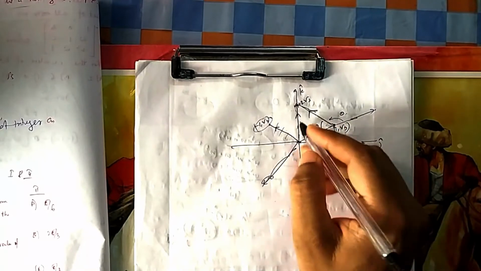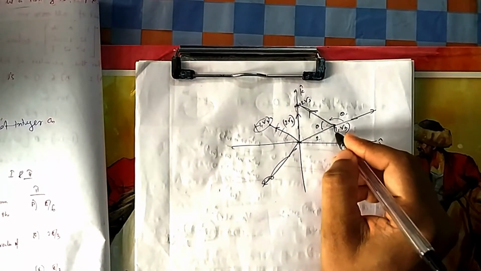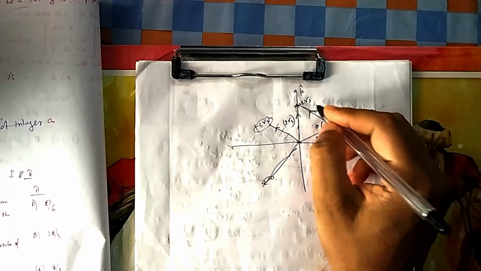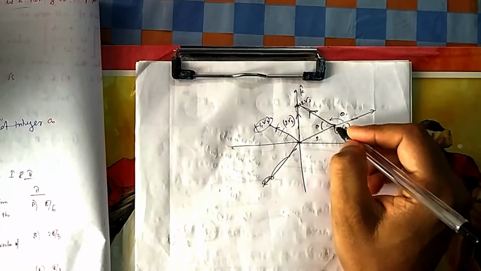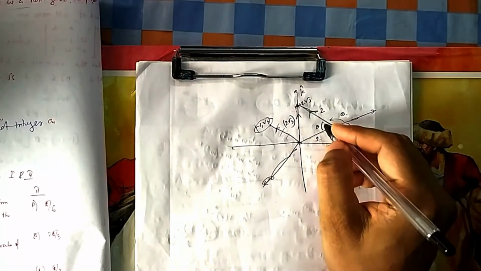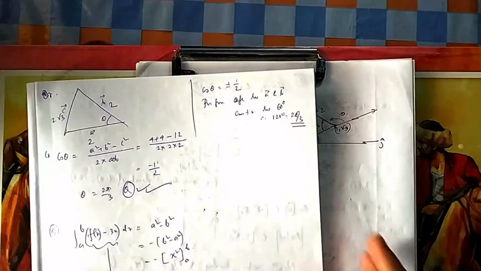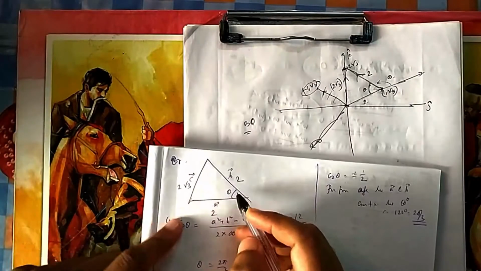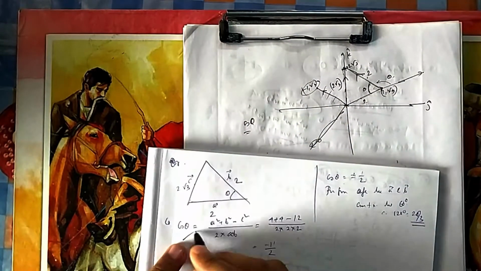So they have asked you, you know the distance between all 3 points. So this one will be 2, under root this square, 3 plus 1, 4. This is also 2, because 2 root 3 minus root 3 will be root 3. And this will be 1, so this will be 2 also. So you can find cos theta, you have learned all this formula, this square plus this square minus c square by this one. So you know all these distances, suppose this is A, this is B, and this is C. So these distances you have calculated, you know the cos theta. So you will get cos theta equal to minus half.